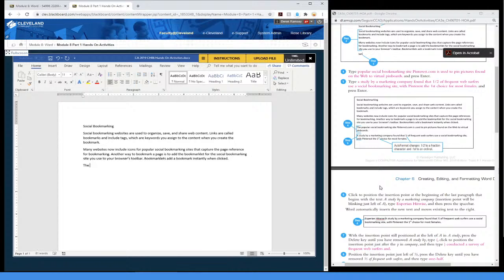So the popular social bookmarking site Pinterest.com is used to pin pictures found on the web to virtual pin boards. A study by a marketing company